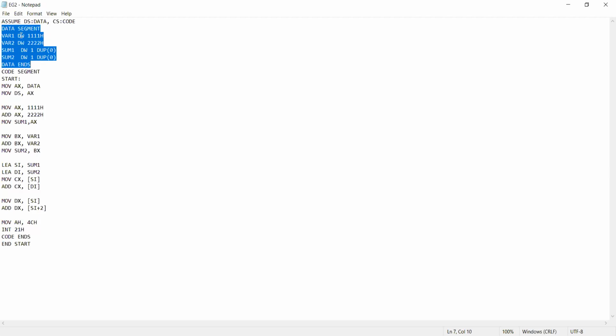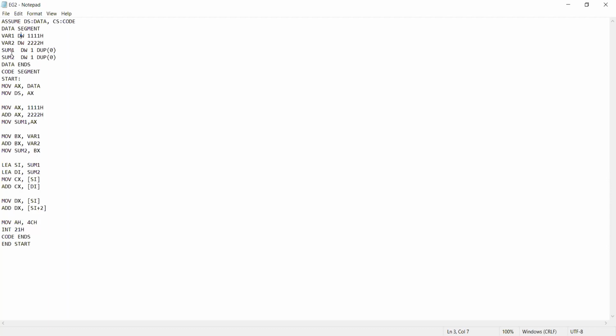Here the length of this variable is 16 bits, that is why define word. If the length of the variable is 8 bits, we can write db, define byte, instead of dw. So here var1 is variable 1, and var2 is variable 2.